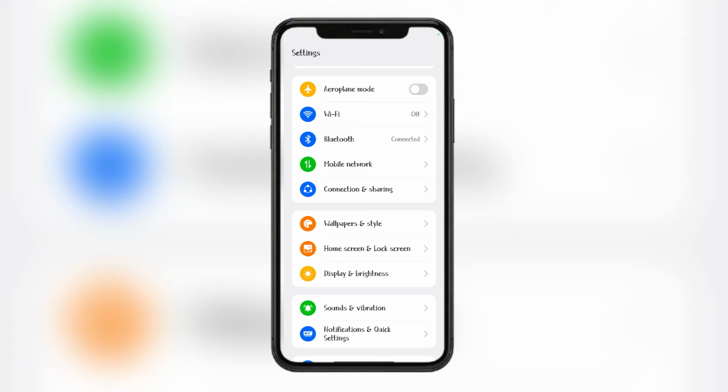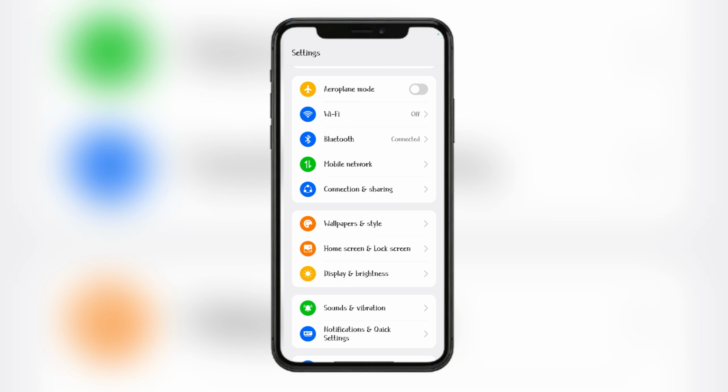Hello everyone. In this video, I'll show you how to set your Android phone to automatically switch to dark mode when you are under the sun or during daytime, and also to automatically switch to the light mode during nighttime. Currently, the phone is in the light mode, so let me show you how to schedule the automatic switch to